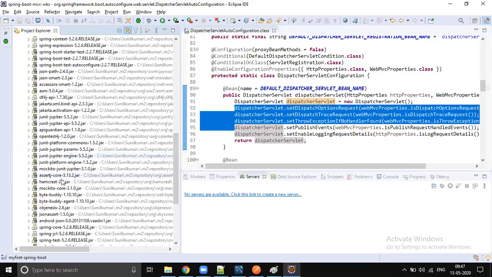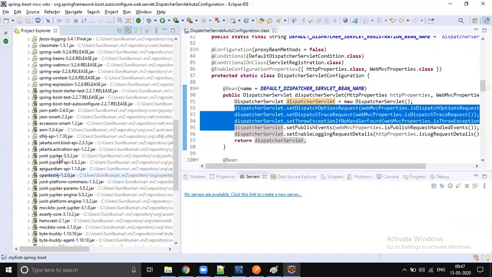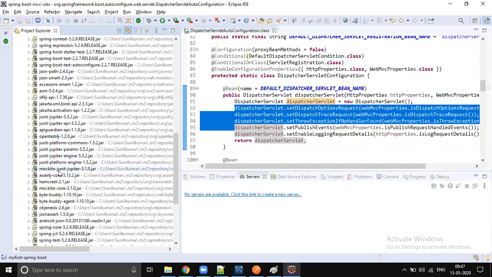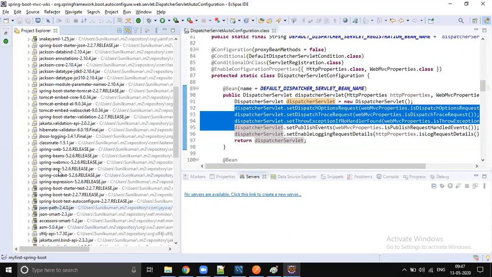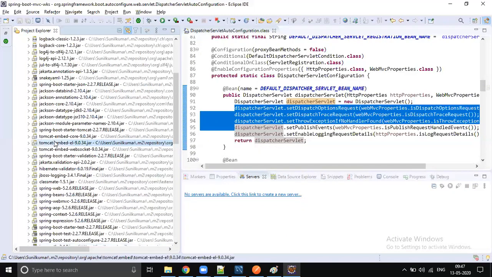Scroll down and you see Tomcat embedded. Now your Spring Boot application has an inbuilt server called Tomcat, embedded with the application itself. If you write one Spring Boot application, one Tomcat server is associated. If you write 10 Spring Boot applications, you have 10 Tomcat servers associated with them.